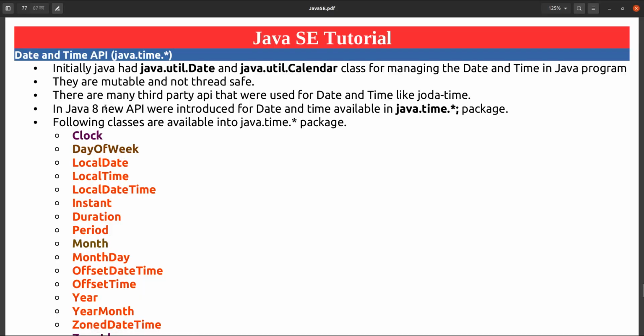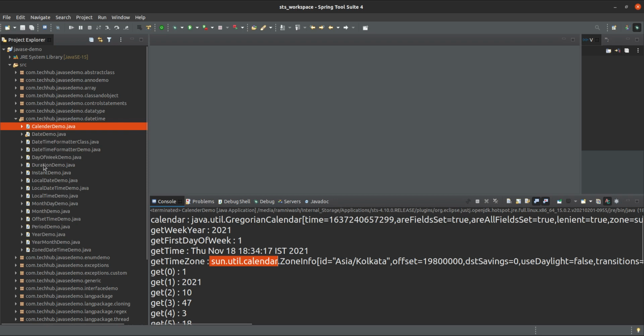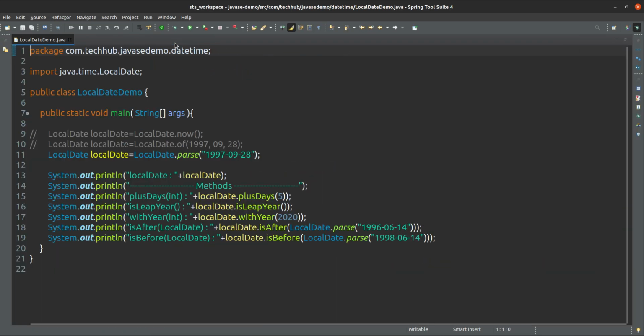But now we will see the time API, the date and time API, that is newly added into Java 8. So the first one is LocalDate. We have a LocalDate class. So this is LocalDate that you can use very easily. That is newly added in Java 8, and that is always recommended to use instead of using Date or Calendar.